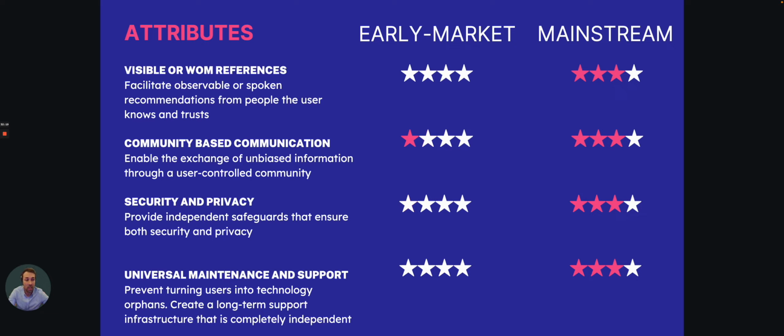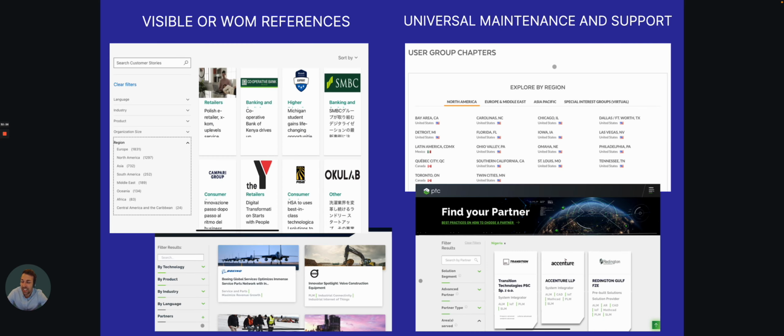And as you can see, those attributes are very important for the mainstream. The early market doesn't care a lot about that. So, SaaS examples of visible or word-of-mouth references: Microsoft has an excellent portal by region, by industry, by language, in which they have plenty of different cases, and that is great. And at the bottom, we have the guys of Vuforia, PTC, and they have kind of the same,